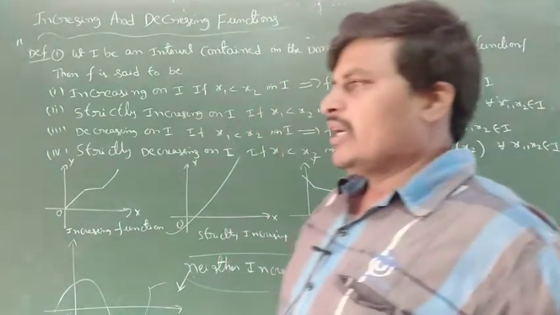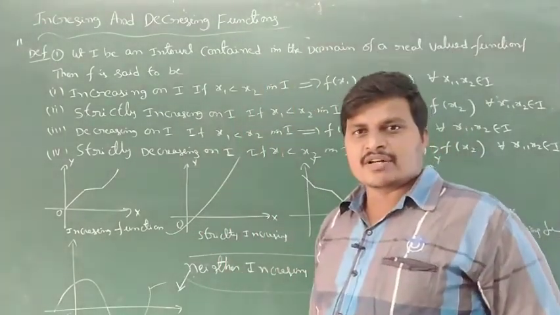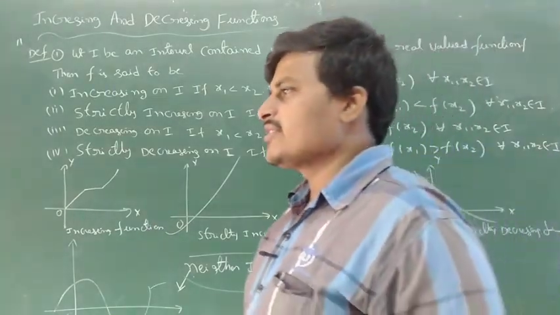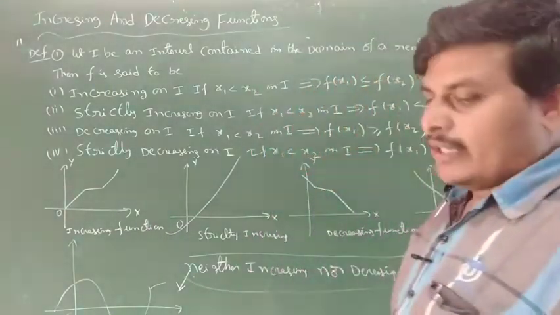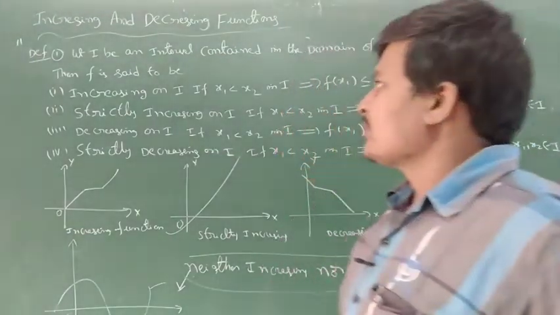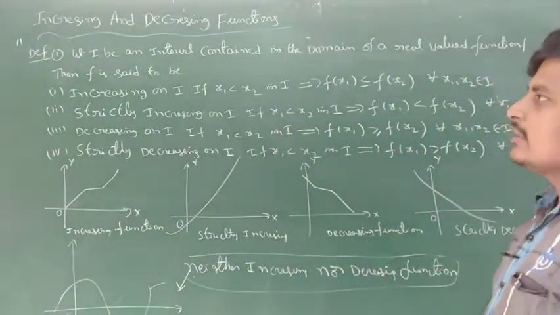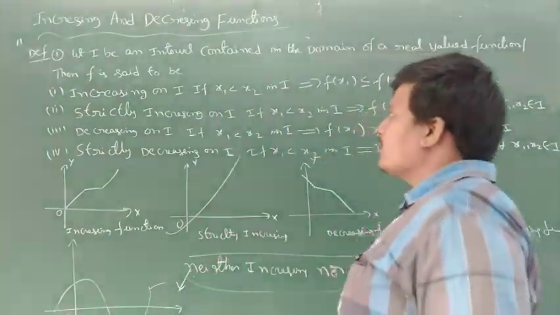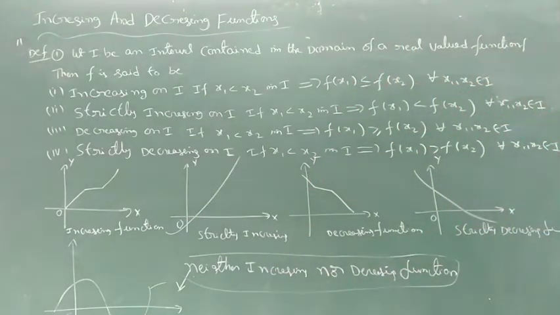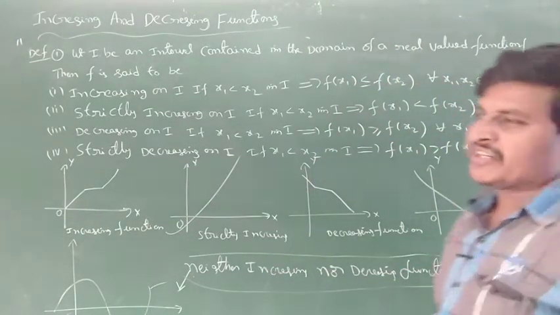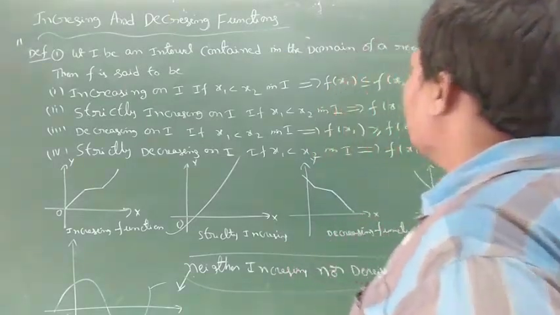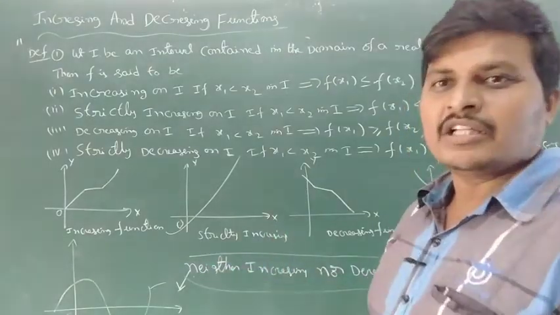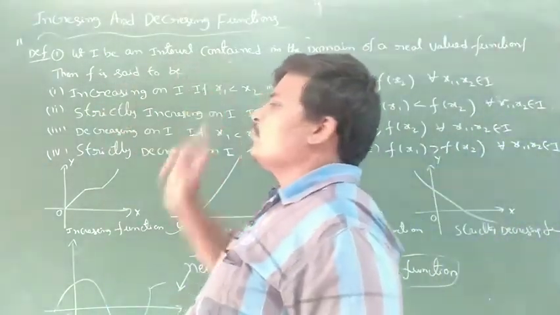Okay, today let us go to the next concept, increasing and decreasing. The definition: let I be an interval, any interval a comma b, b comma c, contained in the domain of a real valued function. It depends on the domain. Then f is said to be